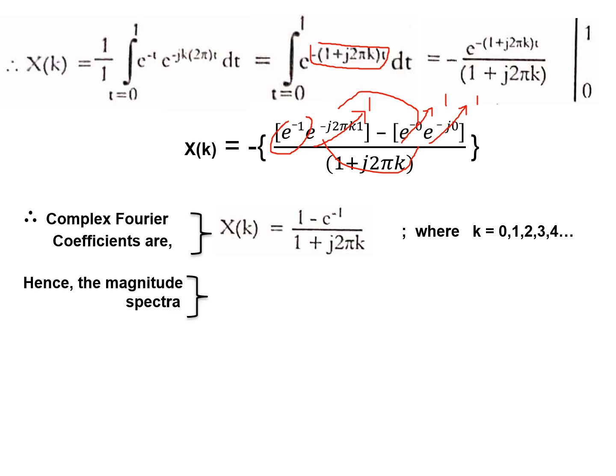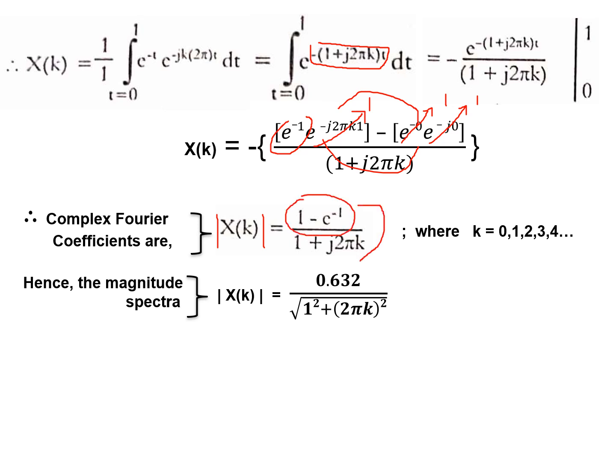So okay, now what is the magnitude spectrum? That is, what is the magnitude of this? I should find the magnitude. For finding magnitude, it is numerator magnitude by denominator magnitude. Numerator magnitude is a constant. I can use a calculator. The numerator magnitude is 1 minus e power of minus 1. It's a constant itself, whereas the denominator is a complex number, 1 plus j 2 pi k. So it is of a plus jb form.